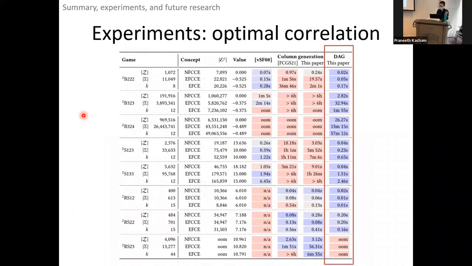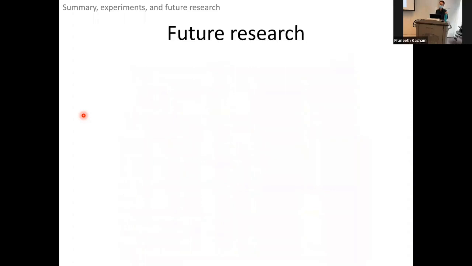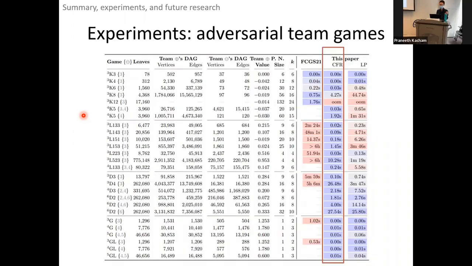For correlation, not quite, but still pretty fast. And so the roadblock at this point is memory. If there's a way not to write down the entire DAG, for example, generated incrementally, which there probably is some way to do, and we're working on that, then that would greatly speed things up.